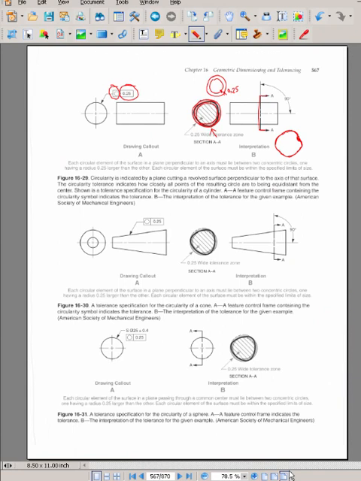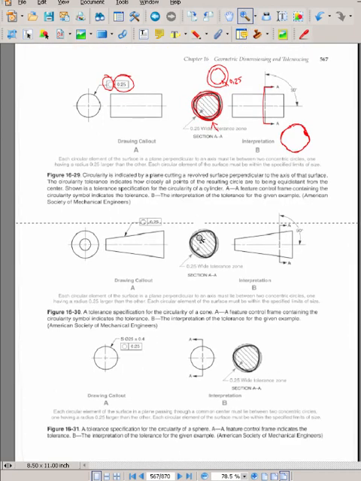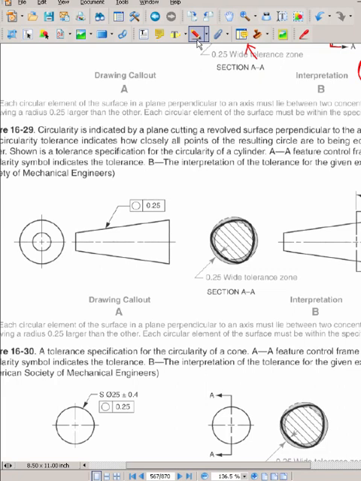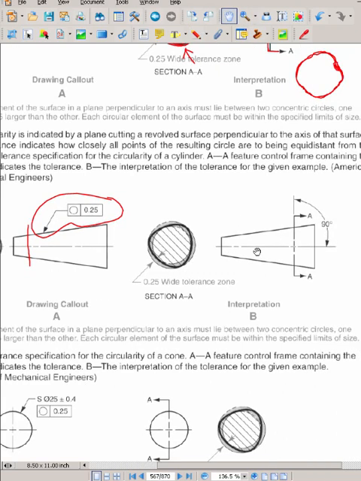Now, since the cylinder itself can be something like a cone, you see here, you don't have any major differential. You can still have the same feature control frame and same values associated with it. However, in a cone, you're going to have to check it at different points. And of course, the cross section is still the same, but you may do multiple cross sections if you were testing it. All right? Because the circular zone that is created for testing is simply based off what the perfect